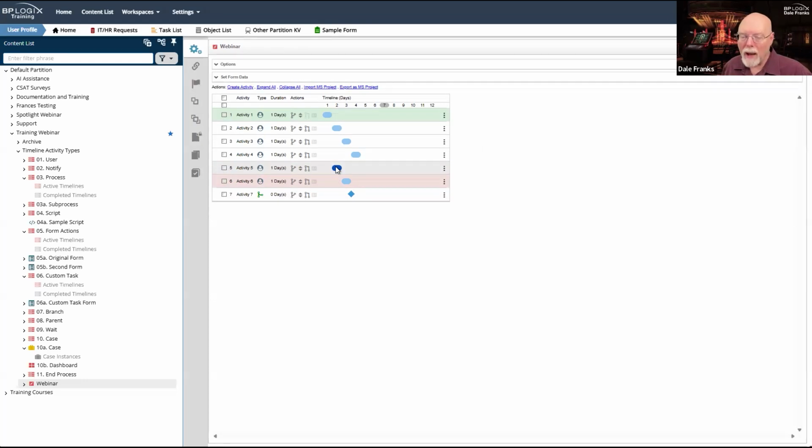So a rollback can only follow the dependency path back to the top of the process timeline. So this entire branch here with activity 3, 4, and 5, I cannot roll back to those activities because those activities never occurred as part of the critical path, which is 1, 5, 6, and 7 on a rollback.